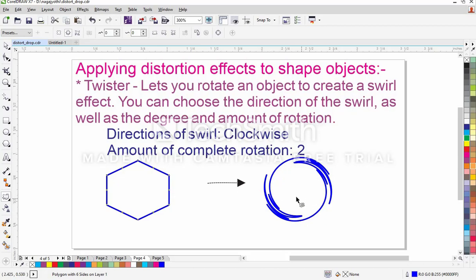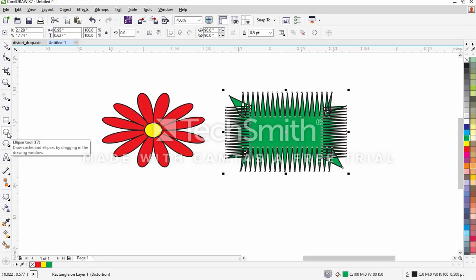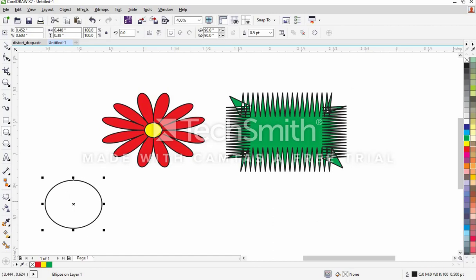Let us take the same example. We'll move on to this. I will choose a tool, draw a circle using the ellipse tool, just like this, and apply. That is, I have filled this object. Without filling this object, I will